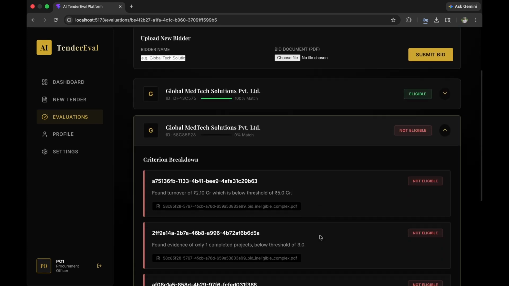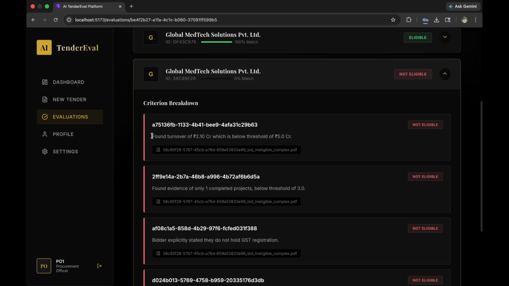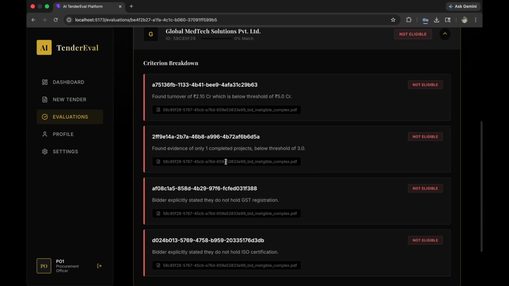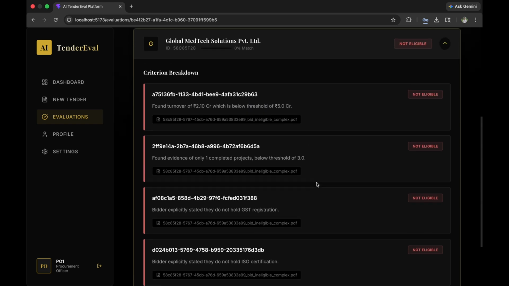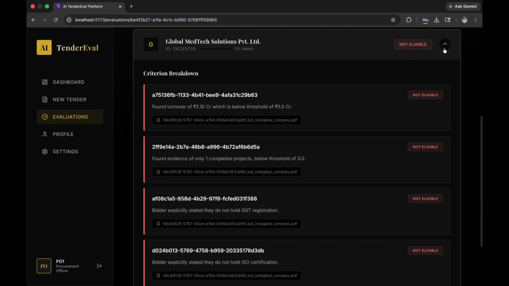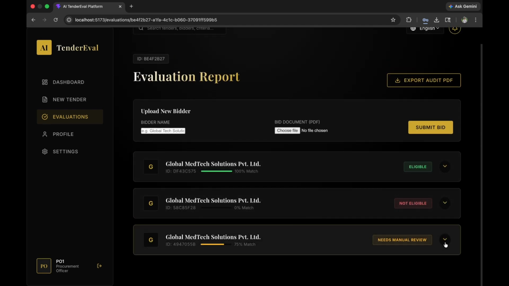One of them was not eligible. As you can see, the values that were filled by the companies did not meet the requirements of the tender. That is why it is classified as not eligible. And there is a third and interesting